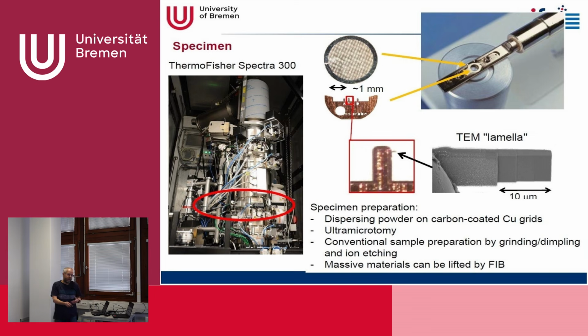If we have more complicated samples, for example samples from semiconductors, where you have maybe a transistor or something like that, then you are interested maybe in a special transistor, and you say, I want the transistor which is located here and not the transistor that is located here. Then we need some more sophisticated techniques, and this is then focused ion beam preparation. I will come back to this focused ion beam preparation later during the lab tour.